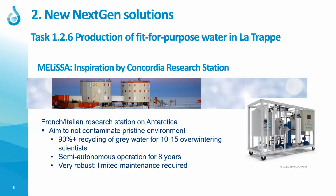Now, to that, we're going to add some Melissa inspiration. So, for example, on the Concordia research station in Antarctica, there was, for 8 years already, a semi-autonomous system in operation that is recycling the gray water, and the aim is not to contaminate the pristine environment on Antarctica. It's showed to have very limited maintenance requirements, and it's based on also the plans from the Space Agency for manned